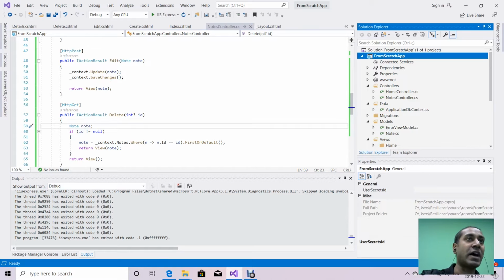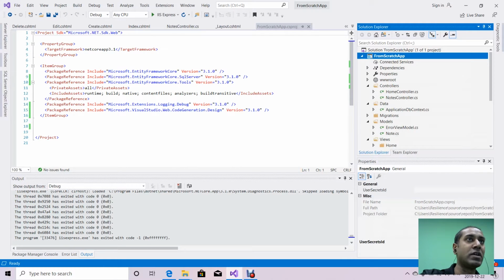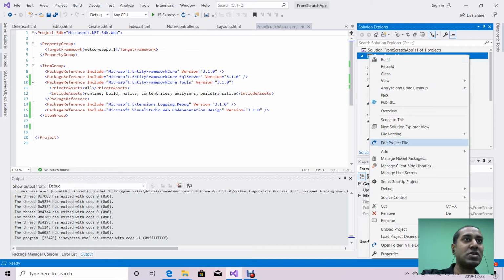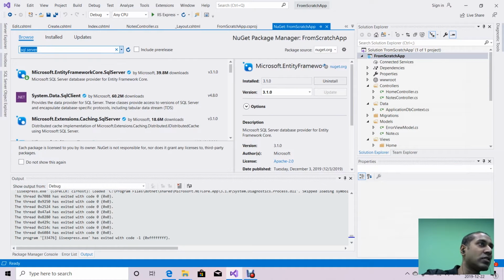Okay, so since Entity Identity Framework wasn't installed initially, we have to install it via the Manage NuGet packages application. You can get to it by right-clicking on your application and going to Manage NuGet packages. Next, you have to type in Identity